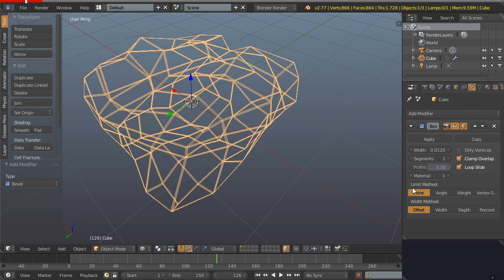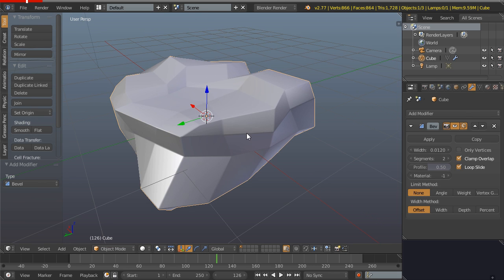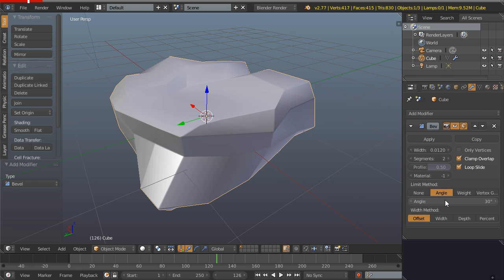And also I want to change the limit method. So instead of there being none, so in other words every edge gets done, I'm going to set that to angle instead. We could actually specify edges with the weight, but I'm just going to choose an easy option by just setting the angle to maybe around 45, just so that the lower the number here, the more we're going to have beveled. So I'm just going to set that around 45,